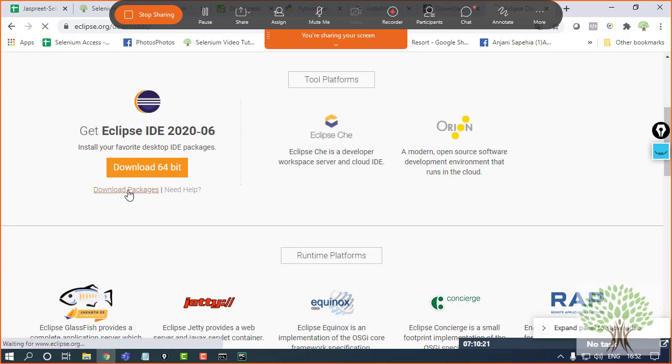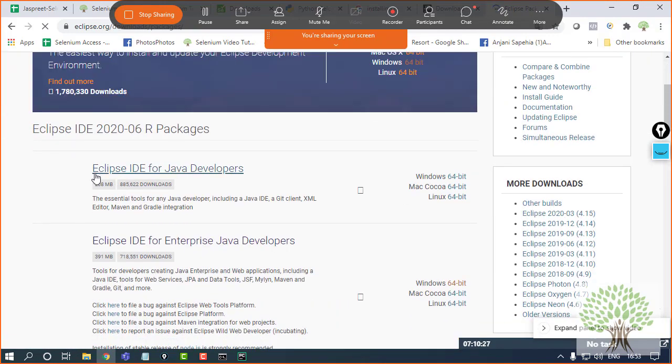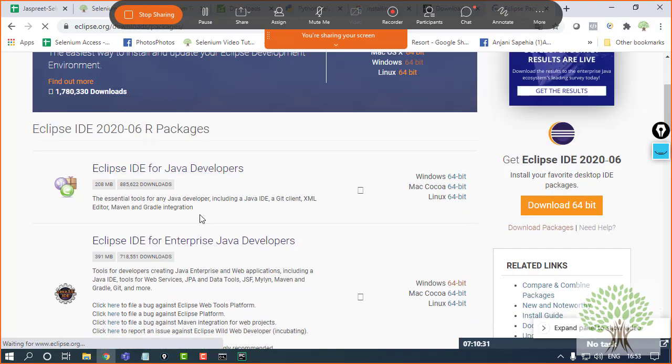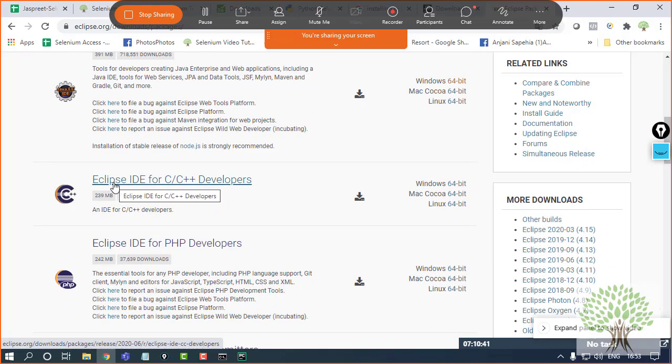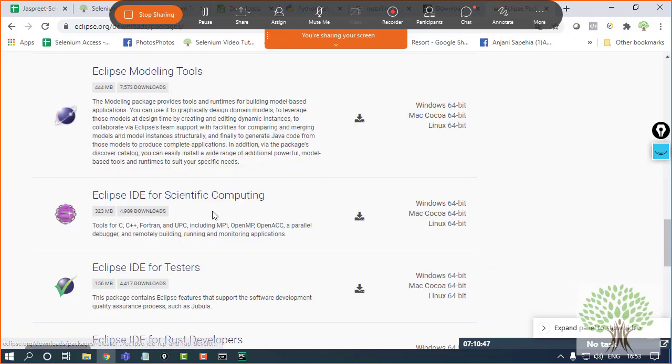If you want to work with Eclipse like a normal programmer, you don't want to go into web development. So for that, you have this particular package, Eclipse IDE for Java developers. If you are interested in creating a full-fledged website, then this particular package is for you. Then I have a package specifically for C and C++, for PHP, and so on.